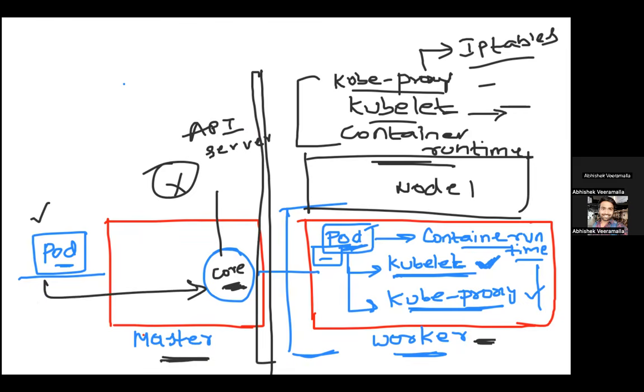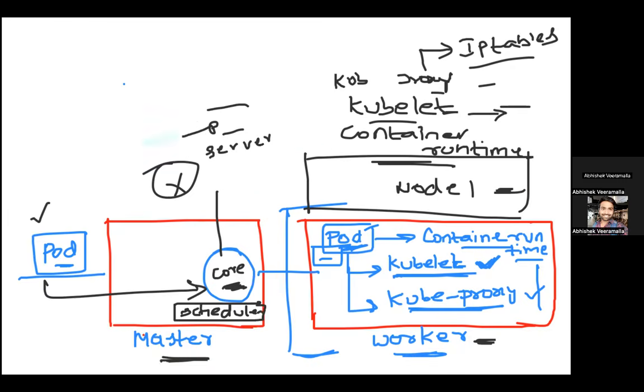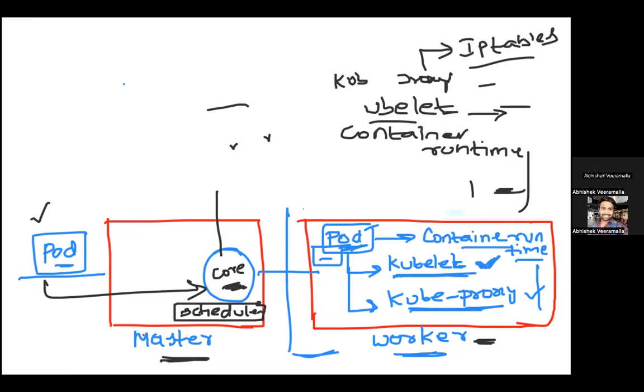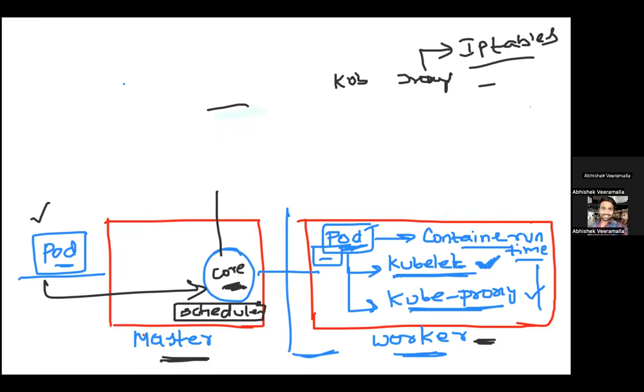Now, let's say the user is trying to create a pod. He tries to access the API server, and the Kubernetes API server decides that, okay, node 1 is free. But to schedule the component on node 1, you have a component in Kubernetes called the scheduler. Okay, so what is the responsibility of the scheduler? The scheduler is basically responsible for scheduling your pods or your resources on Kubernetes. So who decides the information? API server. But who acts on the information? That is the kube scheduler.